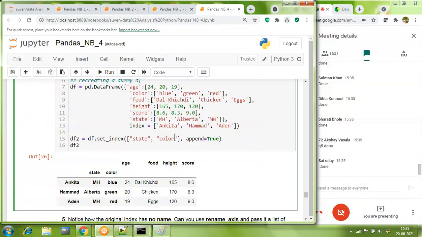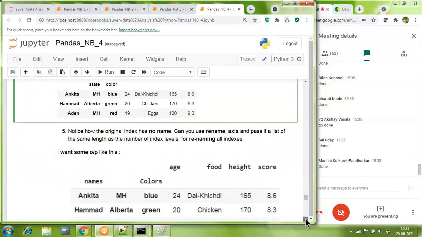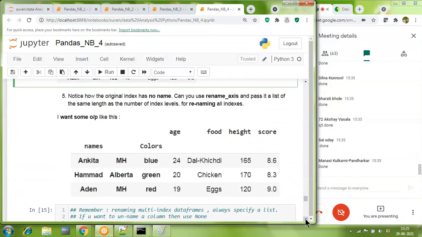Right. That's a majority who says that they have done. Wow. Great. So we move on to our next and the last question.